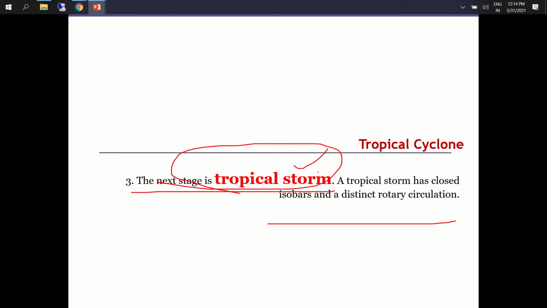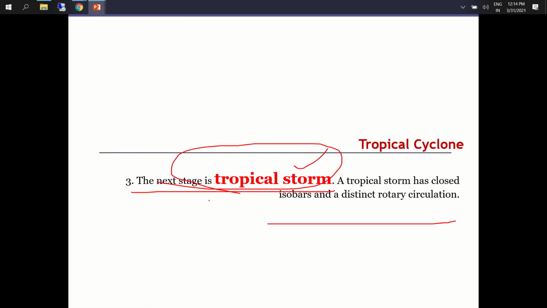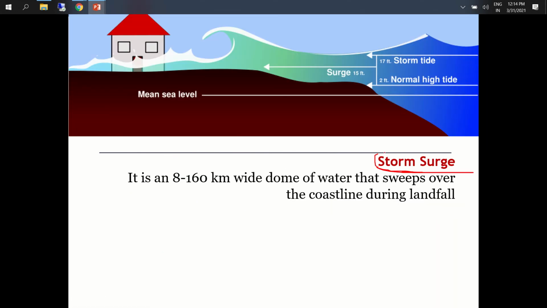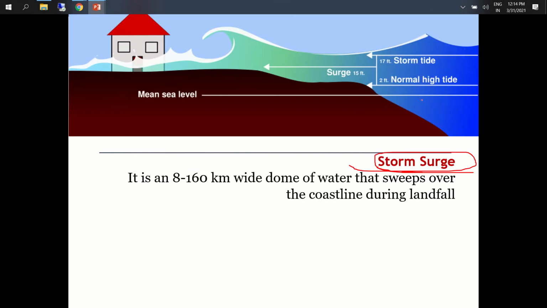And this is the one which we are concerned with. Depending on the intensity and the form, the impact can vary depending on the strength of the cyclone formation. This storm may lead to a storm surge, which causes an impact on the land surface. Till the first, second, and even the third stage, these are phenomena that take place on the seaside.